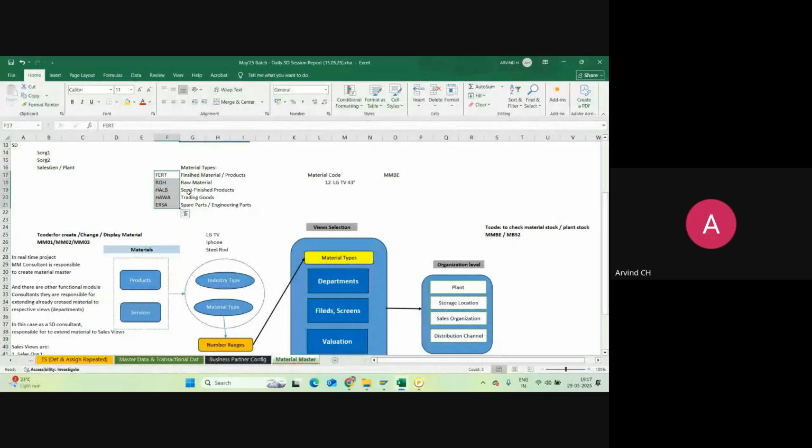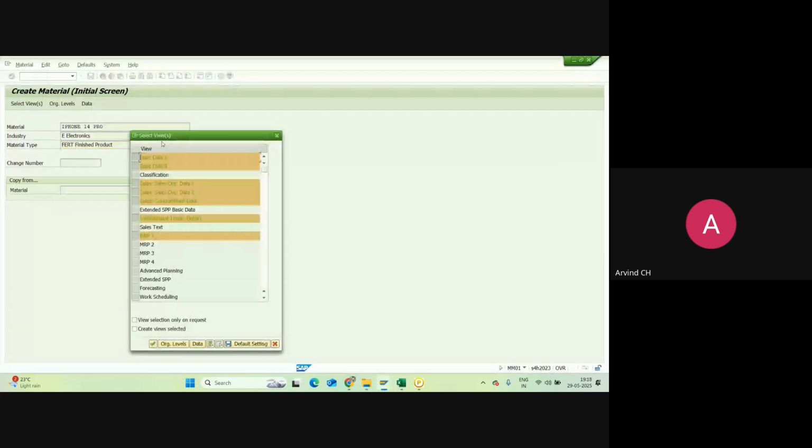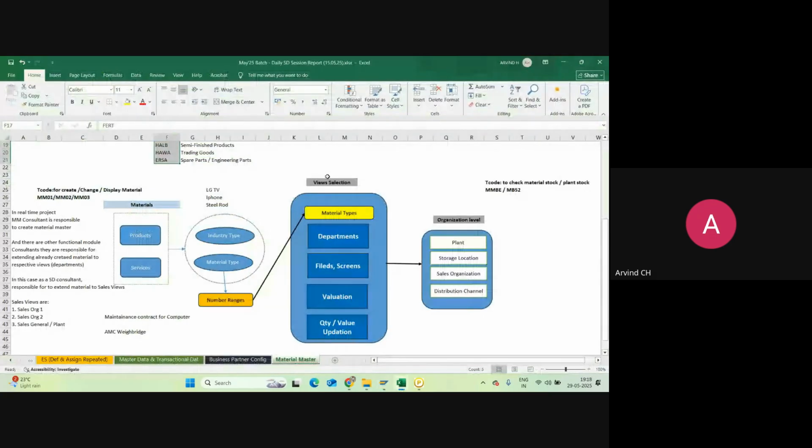After this entry, just click enter. You will get a selection of views. This is about the view selections. Here, there are other functional module consultants. They are responsible for extending the already created material to the respective views. Views are nothing but departments. Under each department, you will have various fields and screens. So valuation will come in the accounting department. Quantity value updation, again, is